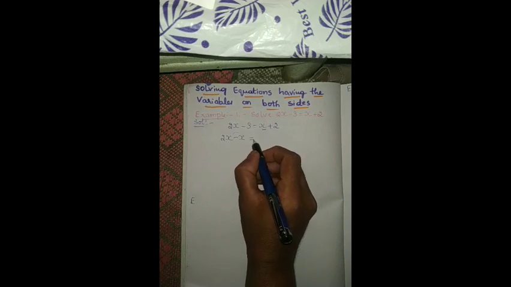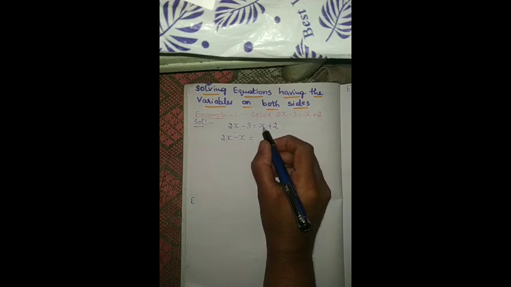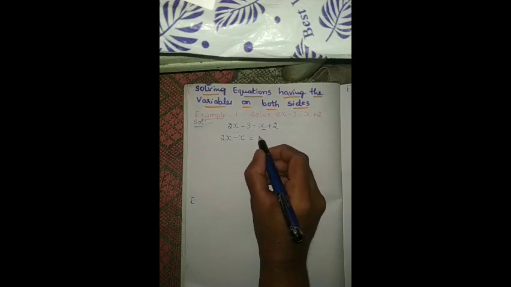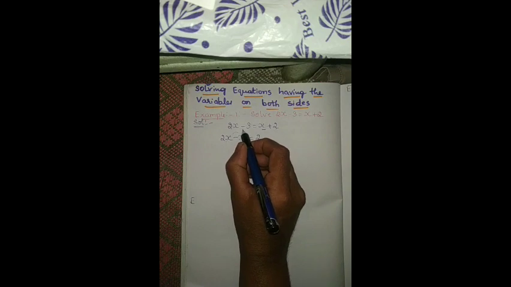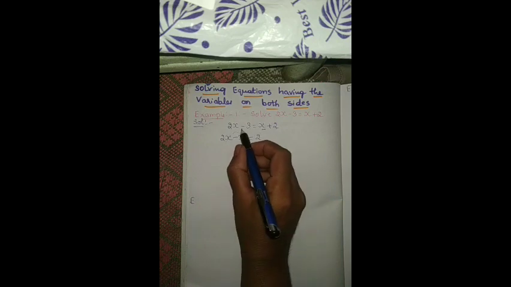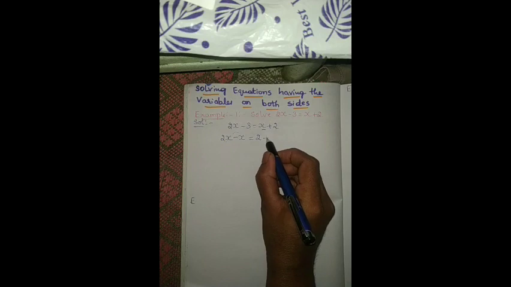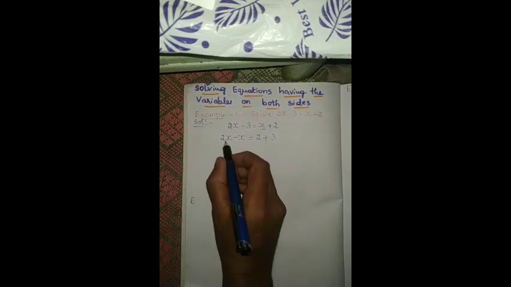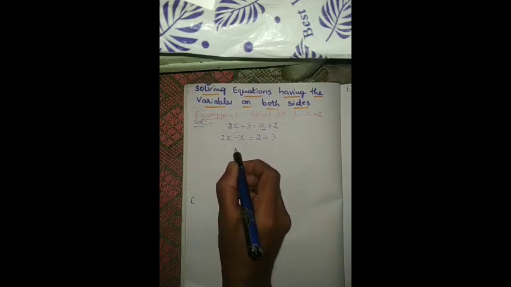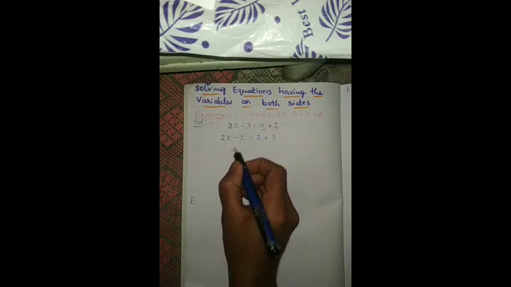Now equal to, whatever remaining on the right hand side, let us write that first. We have brought already x to left hand side. Remaining is 2. And from the left hand side, what is remaining? Minus 3 is remaining, children. While bringing to right hand side, its sign changes. Note here, it is minus 3. When bringing to right hand side, its sign changes. Minus 3 becomes plus 3. Correct? Yes. 2x minus x. How much is it? x means that it is 1x. So 2x minus 1x equal to 1x.